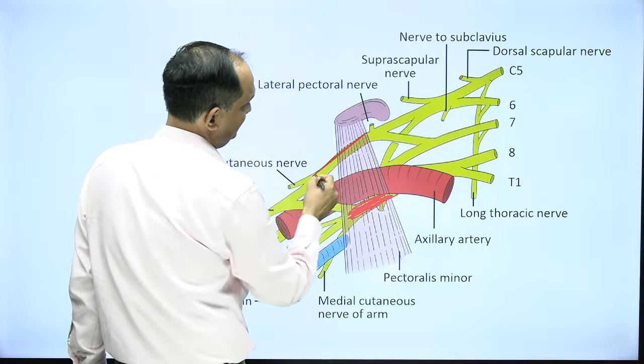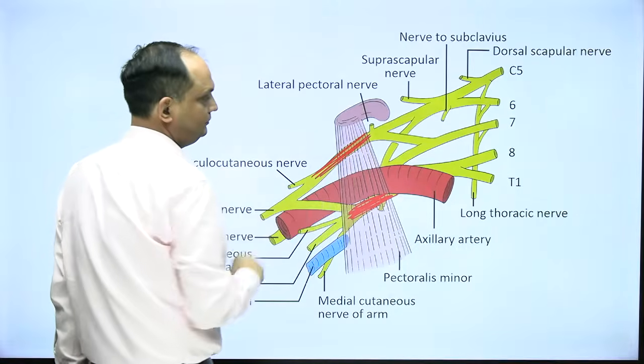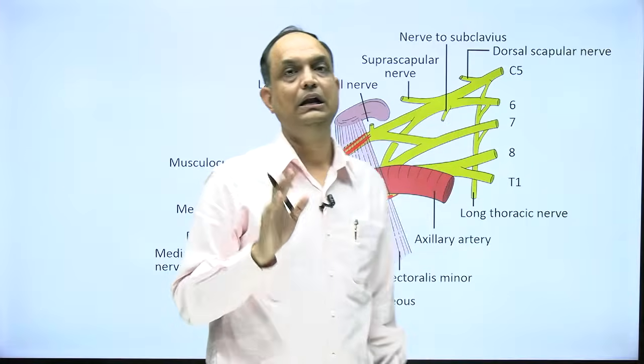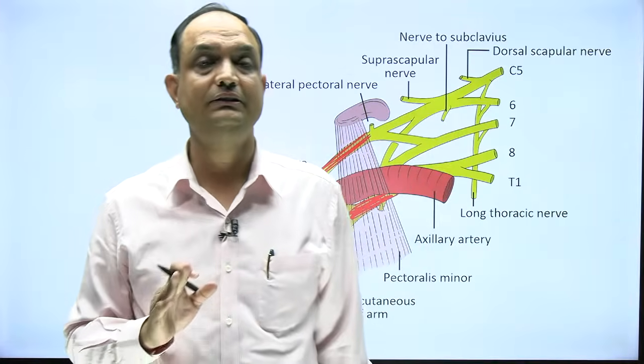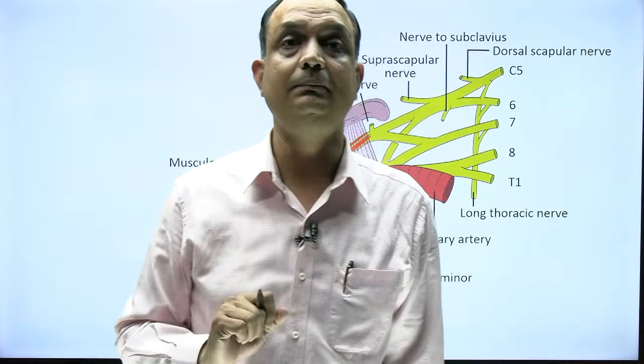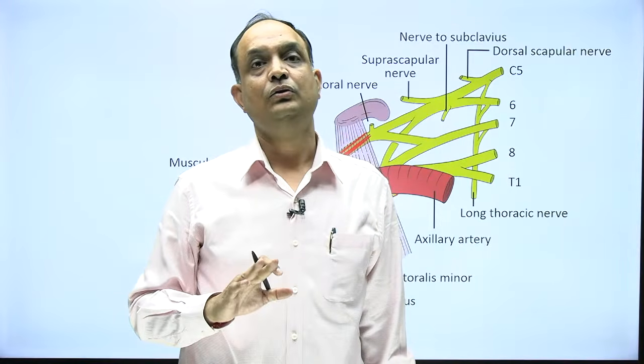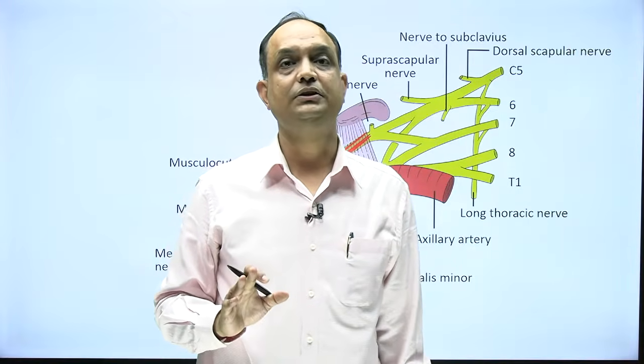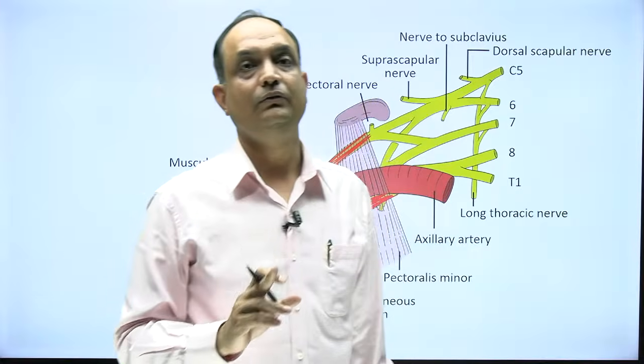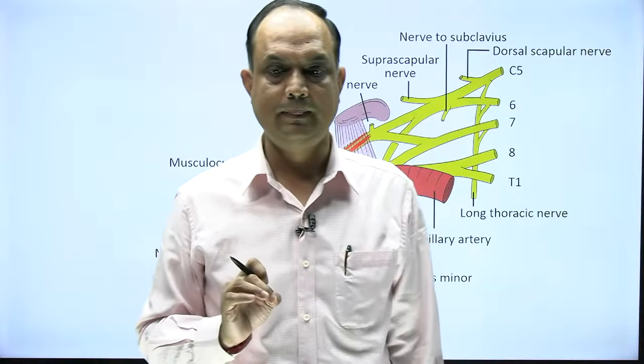This is the lateral cord. Medial cord, lateral cord, posterior cord. These are the three cords of the brachial plexus. Now these three names are given on the basis of their relation with the second part of the axillary artery. So